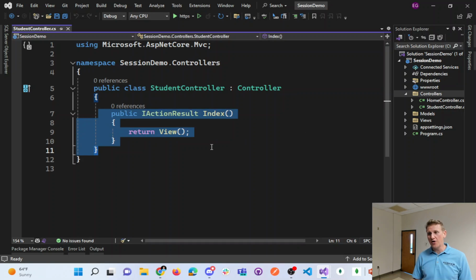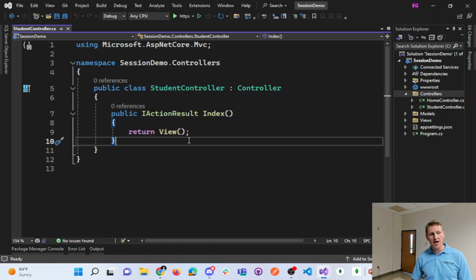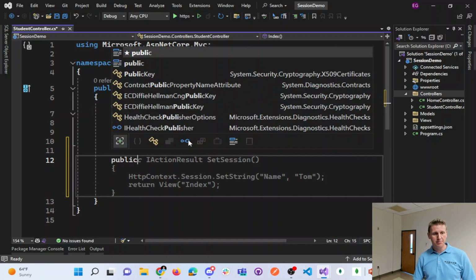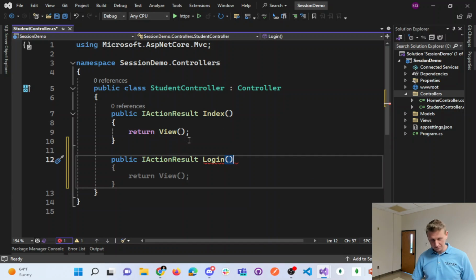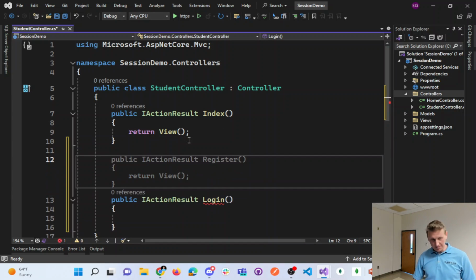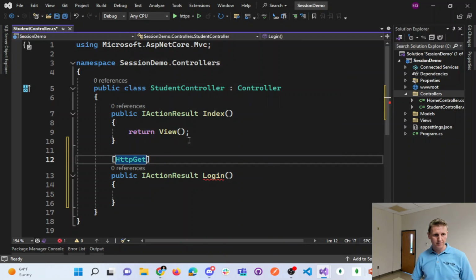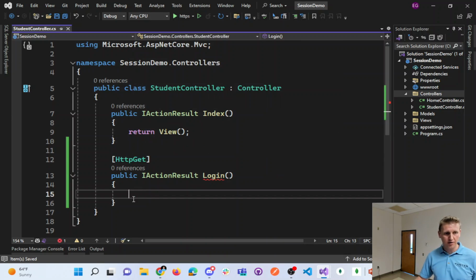And the default method here, I'm just going to make a /login public IActionResult Login. And this is going to be an HTTP GET. And we're going to return View,